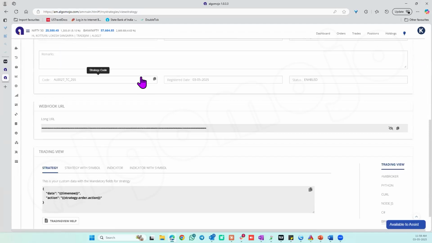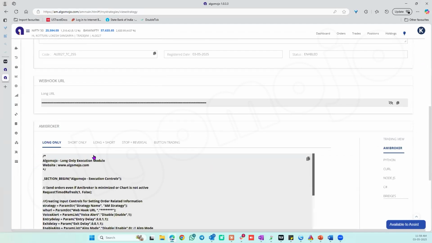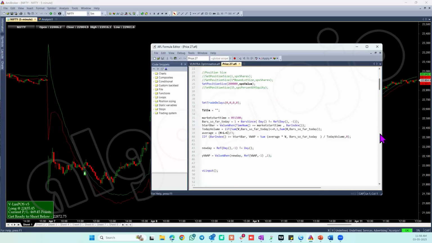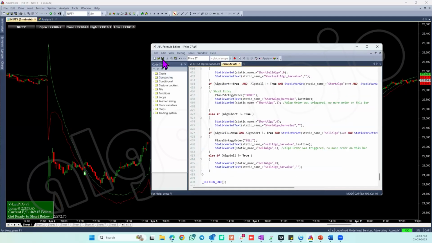All that has to be defined once, and after that you can go to the Amibroker section. There are various rules here. Based on the rule, you can copy these codes and update them in Amibroker. All you have to do is come here, edit the code which you have